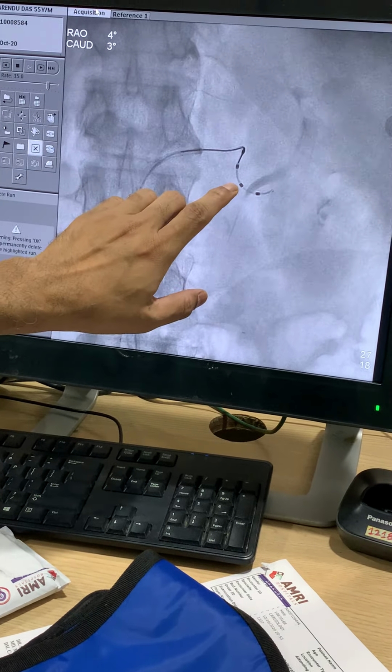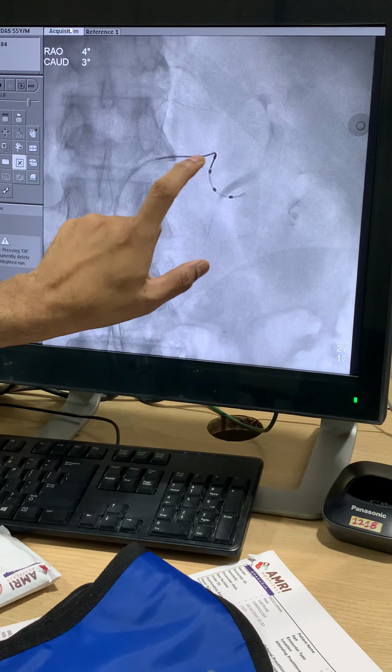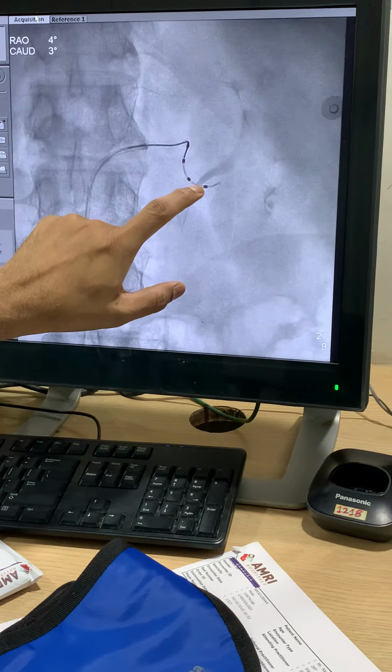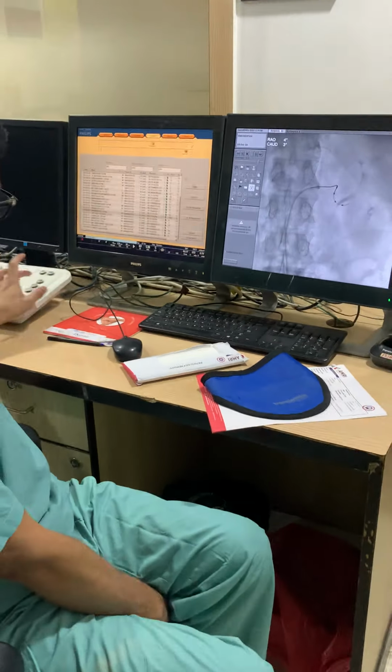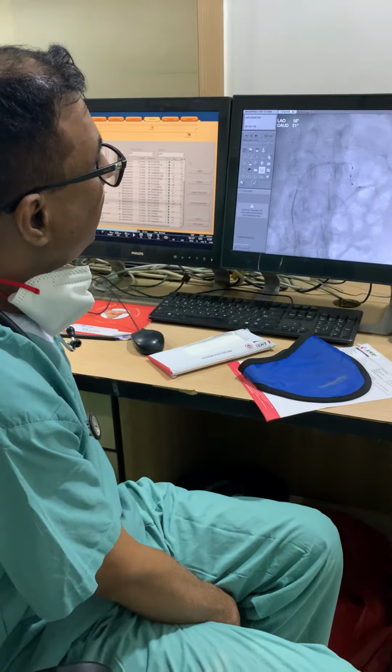So everything is at a 5 millimeter distance. 1 and 2 are separated by 5 millimeters, 2 and 3 by 5 millimeters, 3 and 4 by 5 millimeter gaps. So in essence, we have 5, 5 and 5, that is a 15 millimeter ablation zone, and this is applicable from 3 millimeter to 8 millimeter arteries. And once you have those, a patient will get some pain, but if you give good sedation, then it is not a problem.